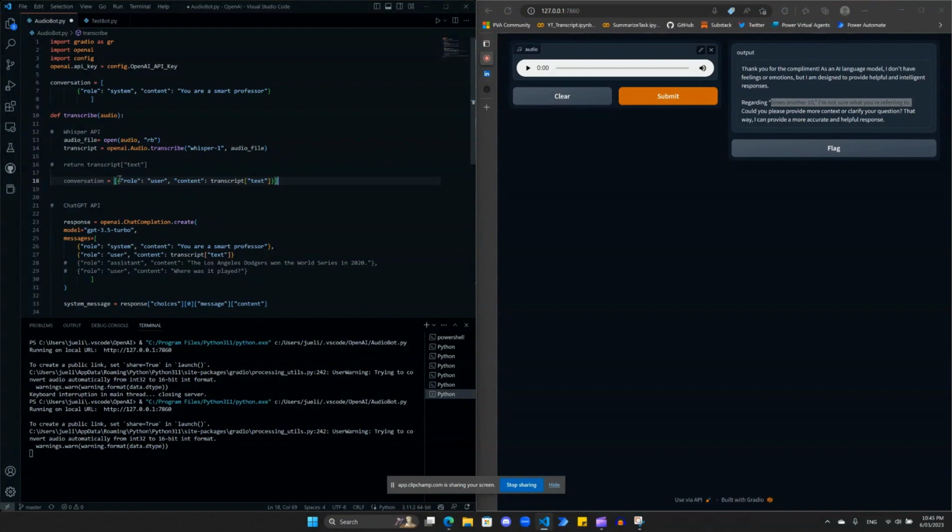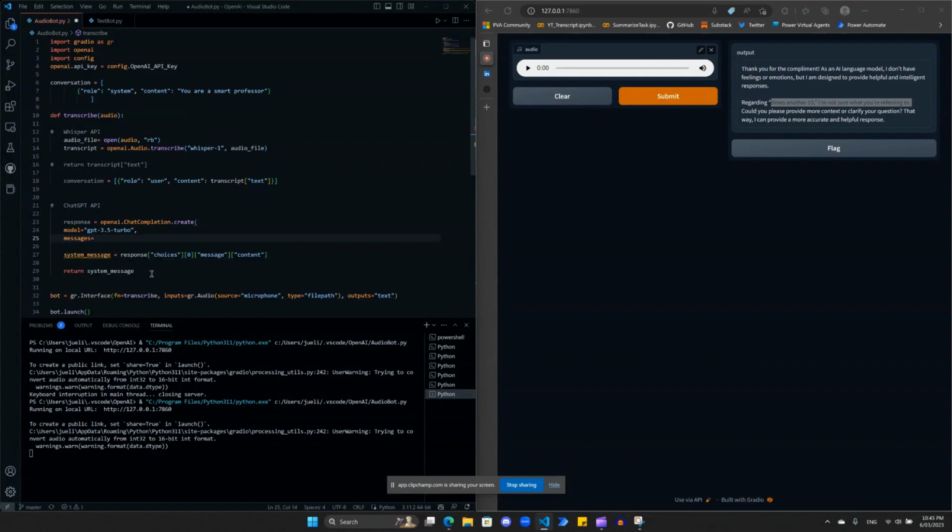So we are feeding this to the ChatGPT, and then this we can get rid of. Actually, we can get rid of that. We want the messages to be the same as the conversation. Okay. And then after ChatGPT responded back as system message, we want to